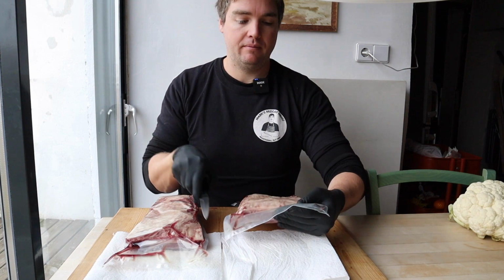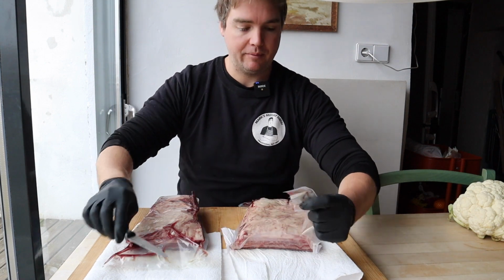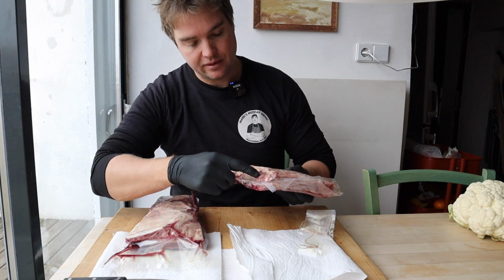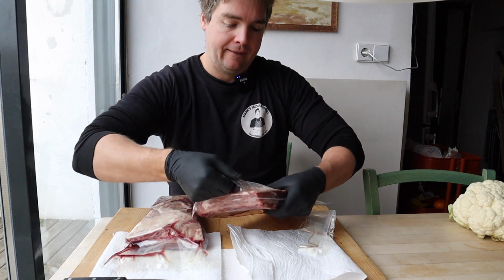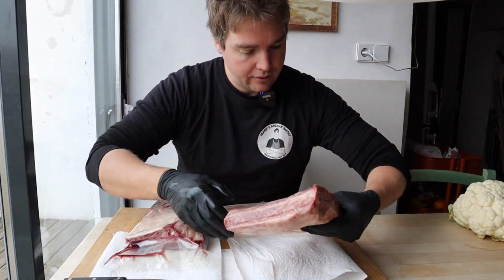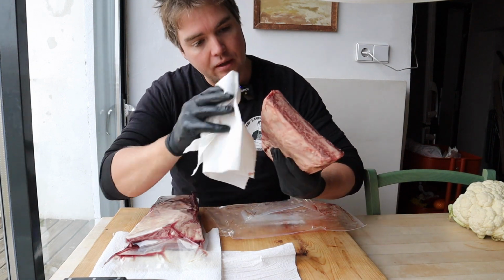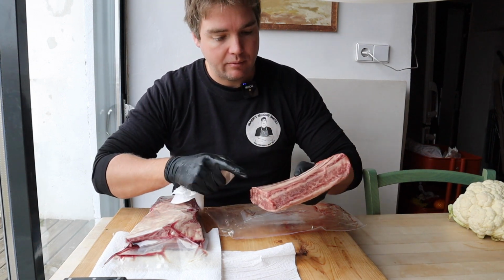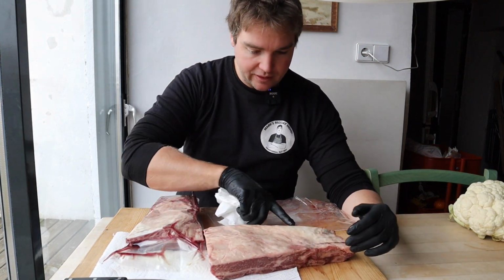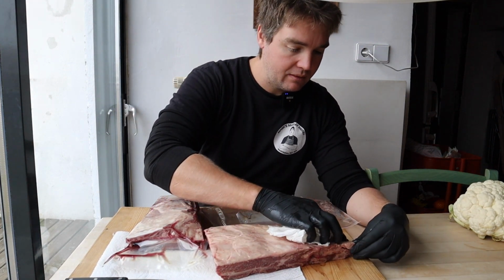We bought these from Fitmate, and just by looking at them through the package, I am super excited about these because I can see the intramuscular fat that's running through these things. They look really, really good. I mean, they've cleaned them up quite well. I might just take a little bit of the extra fat that's on the top off, but other than that,